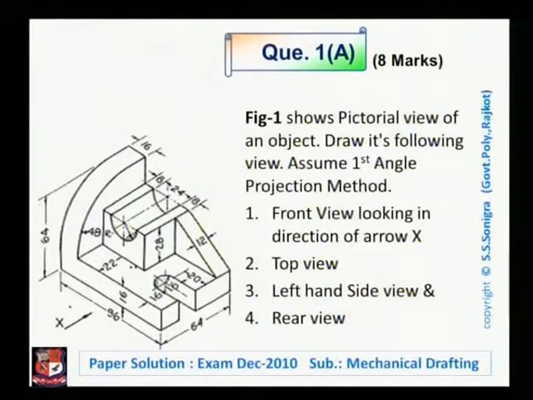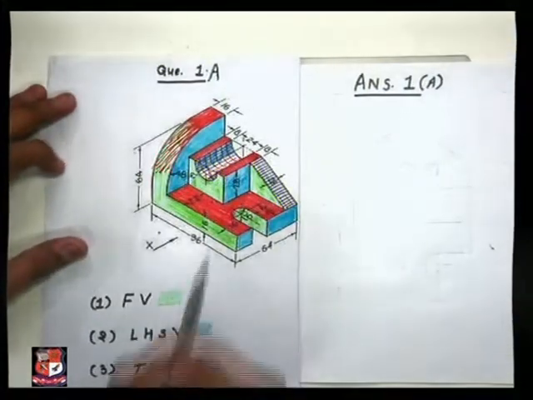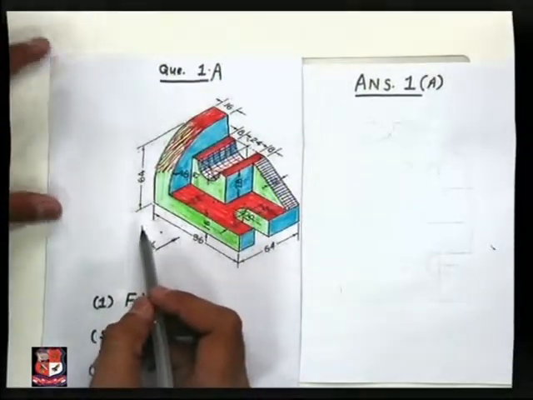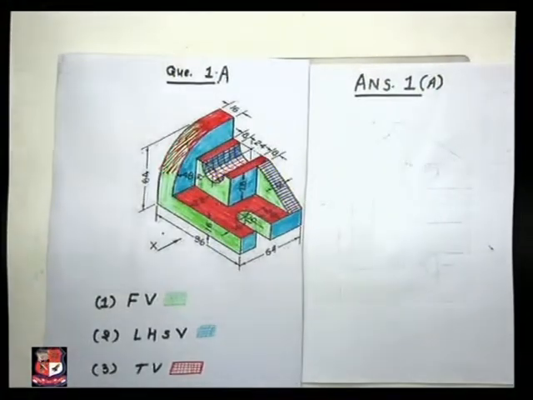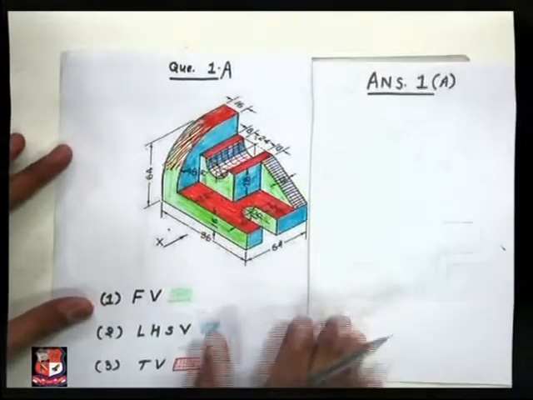First, in front view, if you look from front view, you can imagine the object like this. This is an object which is given in the question paper. In this object, we can imaginarily color the faces. In examination, you are not allowed to use colors, but you can do imagination of various faces.